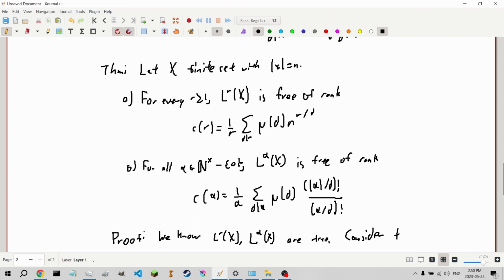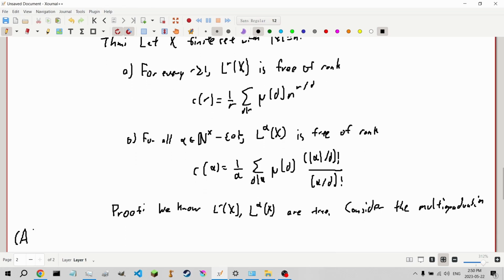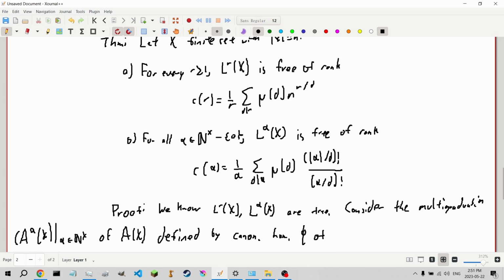Consider the multi-graduation A_α(X) for α in N^X of A(X), defined by the canonical homomorphism φ of the free module of X into the integers indexed by X,